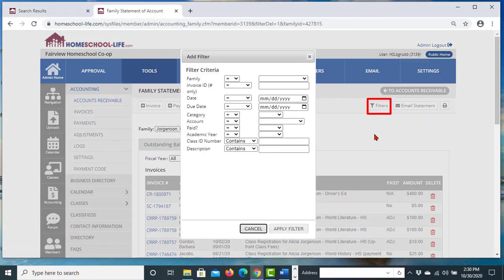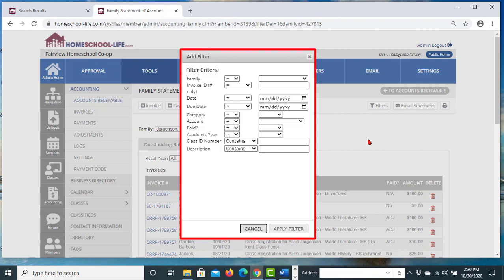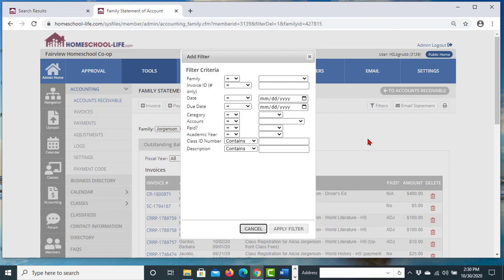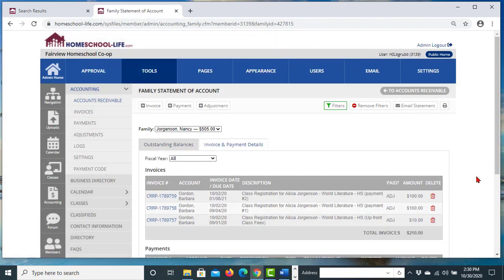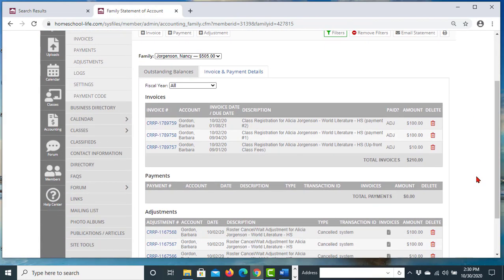If I click on it, I have the same filtering criteria options that I had from the invoices listing we looked at before. Let's say I want to quickly locate all of the invoices that have world literature in the description. I can just type "world lit" because that is contained within the words world literature. When I'm finished, I can apply the filter. And as you can see, quickly, the system returns to me a list of all the invoices with world literature